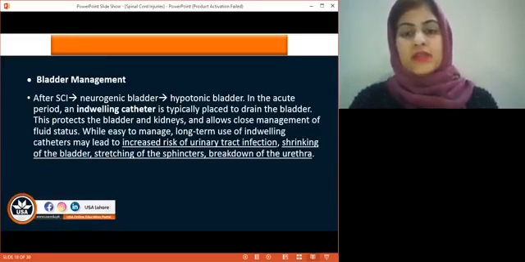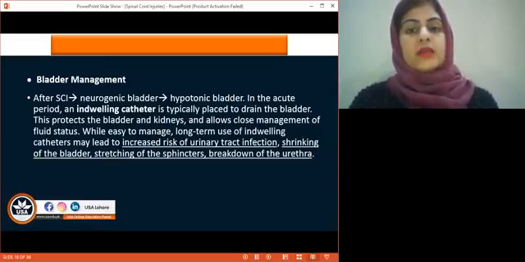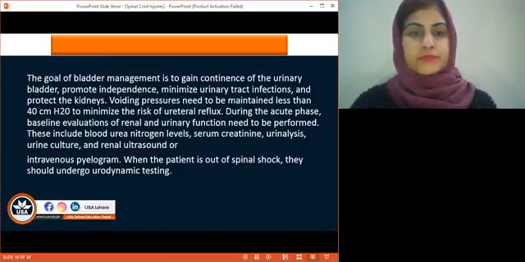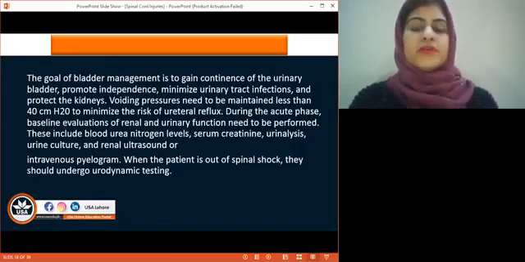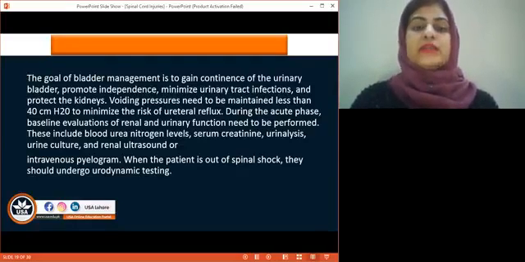So using an indwelling catheter as soon as possible is very much the need of the acute period, but along with its use, you need to continuously monitor the risk of UTI, shrinking of the bladder, stretching of the sphincters, and breakdown of the urethra. The goal of bladder management is basically to gain continence of the urinary bladder, promote independence, minimize urinary tract infections, and protect the kidneys. Voiding pressures need to be maintained at less than 40 centimeters H2O to minimize the risk of